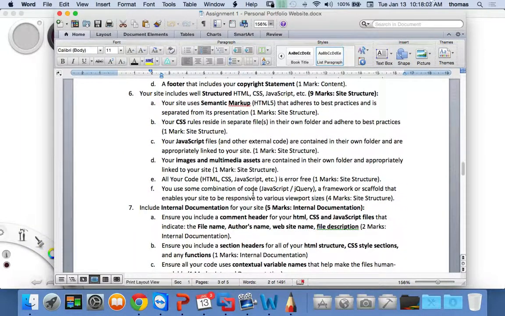Some combination of code, JavaScript, jQuery, a framework, or scaffold that enables your site to be responsive, 4 marks, right? Because I'm asking for it to be responsive. We're going to talk about responsive design again tomorrow, what that is. It means your viewport is going to realign your content to different screen sizes,